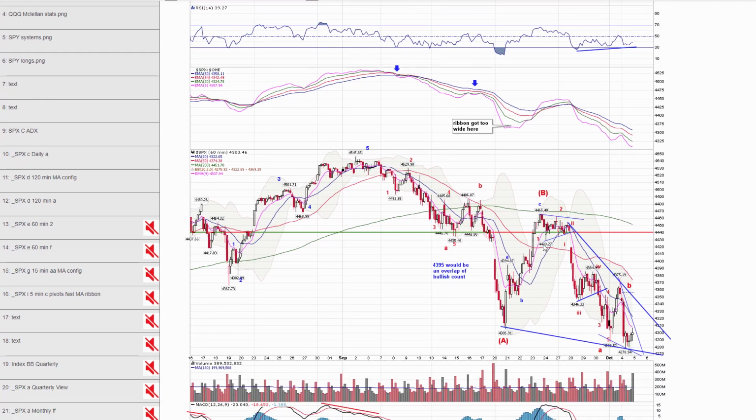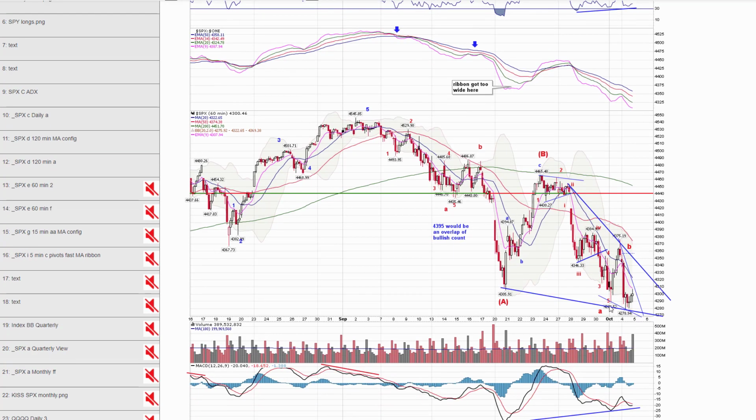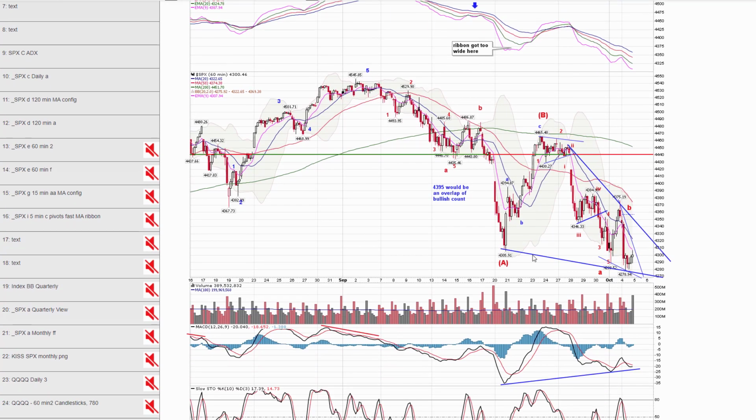Chart number 13, here's a 60-minute view. Shows you the breakdown of these wave counts a little bit. Don't get too bogged down in these wave counts. So this shows you potential Friday's high, wave B, and we're working lower in a wave C. Again, these corrective patterns can take many forms. Here I drew also, it could be a little wedge forming. But even with a wedge, what you could see is a bounce up and then maybe another decline, then a rally, something like that.